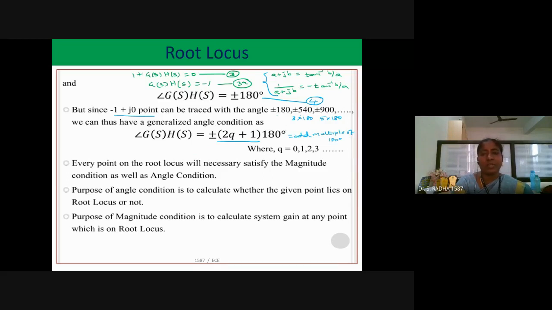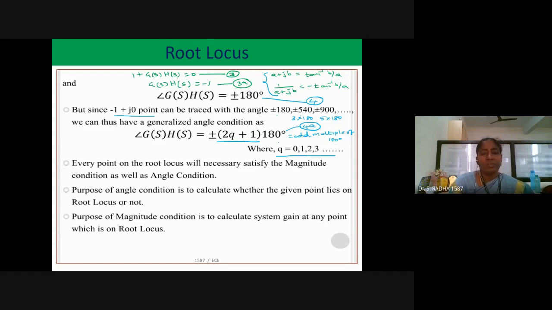And this is equation 4a. 4 and 4a are one and the same. Wherever required, we will directly use 180. Wherever the multiples of 180 occur, we will use 4a, which is plus or minus (2q plus 1) times 180 degrees. Now the q value can be an integer, going sequentially. First you substitute 0, then it will be 180. When you substitute 1, it becomes 3 into 180, 540. When you substitute q equal to 2, then 2 into 2 is 4, plus 1 is 5, and 5 into 180 is 900. Like that, it will go with the odd multiples of 180 degrees.